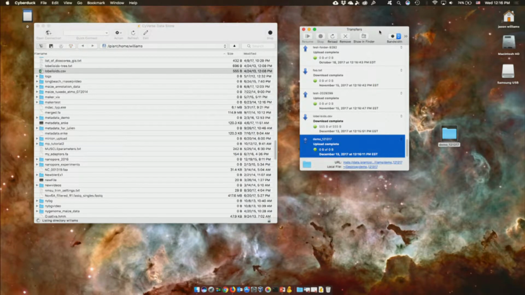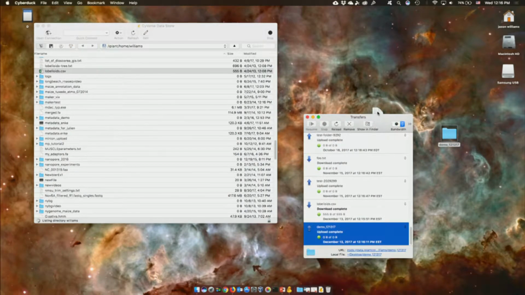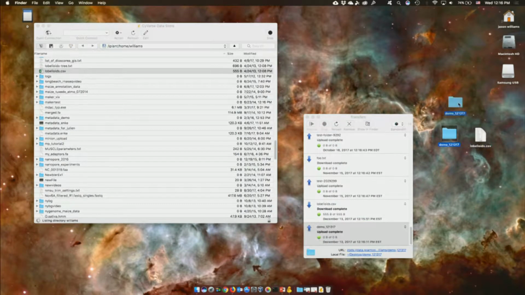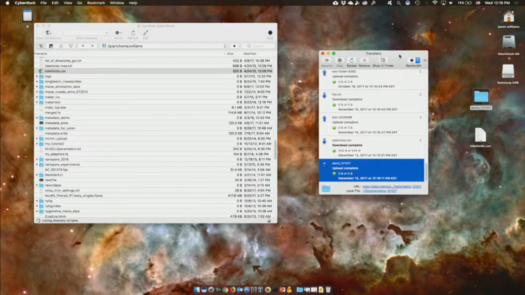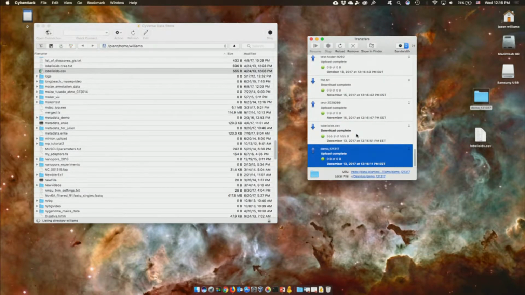an upload. There are certainly a number of other features that I'm not covering here, so how to actually pause or restart one of these uploads or downloads. I could also preview some of the information on some of the files that are on the left here. I could rename and other features that you just sort of expect that you would get with this type of system. But really, there's nothing more to show you as far as CyVerse CyberDuck is concerned. It really is as simple as drag and drop, and then you're already on your way to moving really large